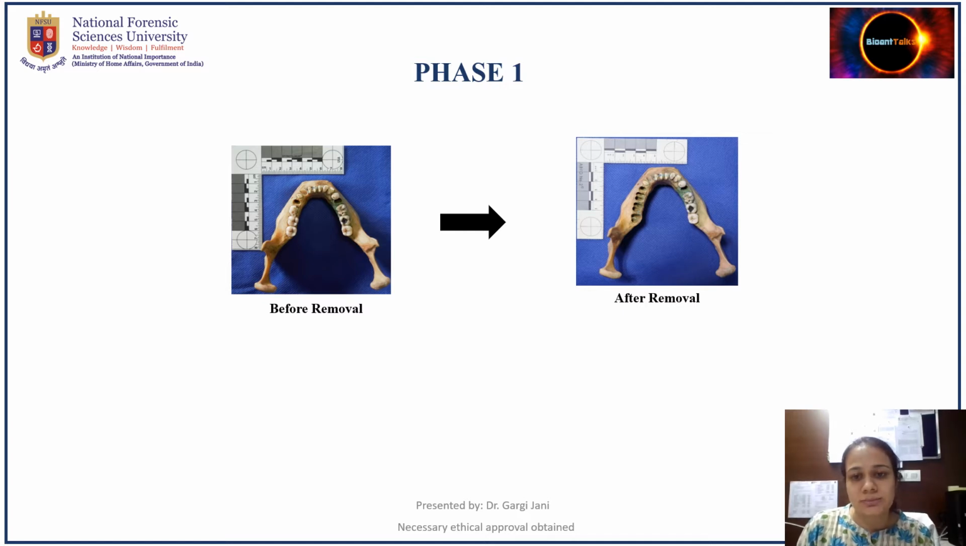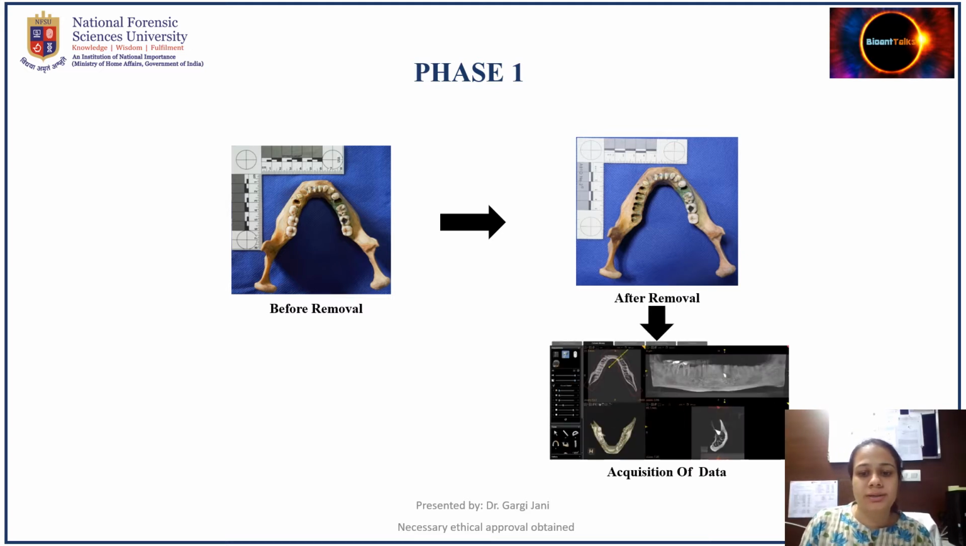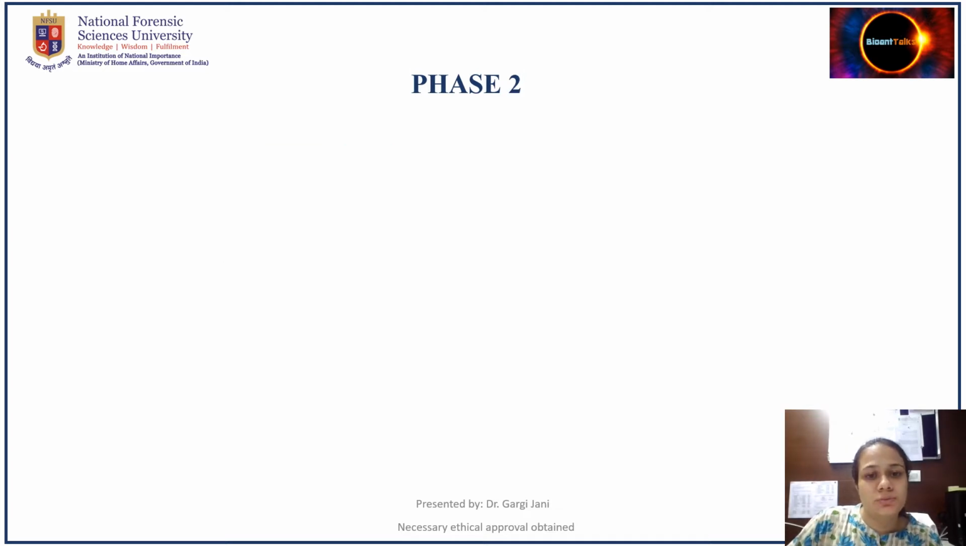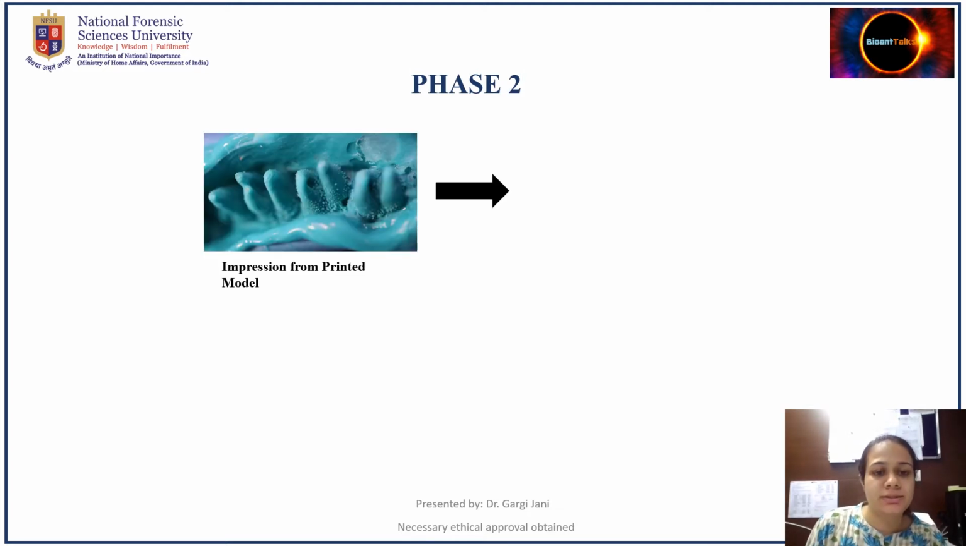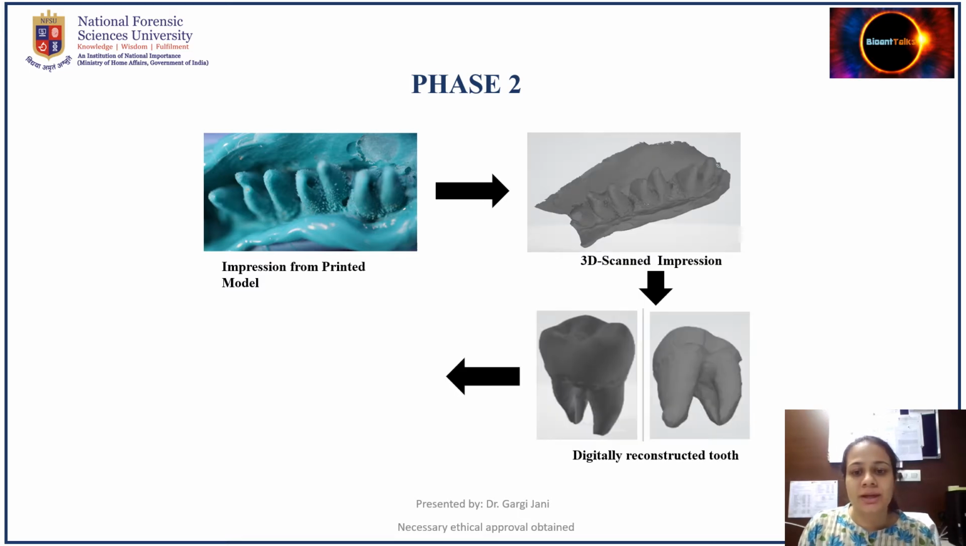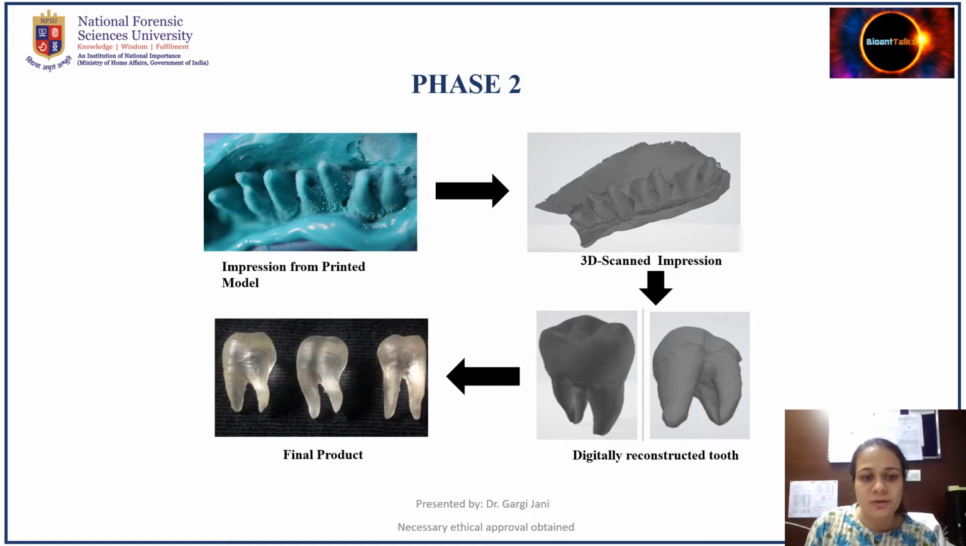We assessed the internal morphology of the sockets for its integrity, after which we acquired CBCT data of this mandible. This CBCT data was further segmented and 3D printed for the focus area or the area of interest. Phase 2 was the phase of reconstruction. In this phase, we took the impression of this 3D printed model using flowable dental materials, after which we scanned this impression and using the software, we reconstructed the tooth digitally, after which we 3D printed this complete model in